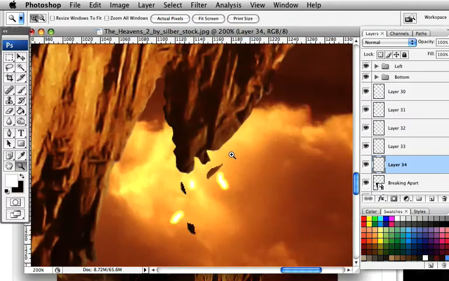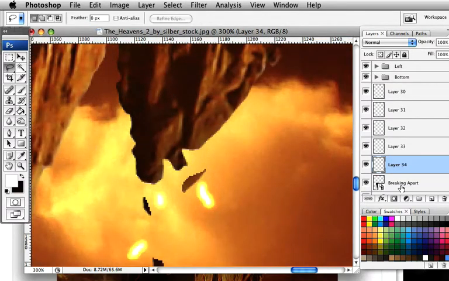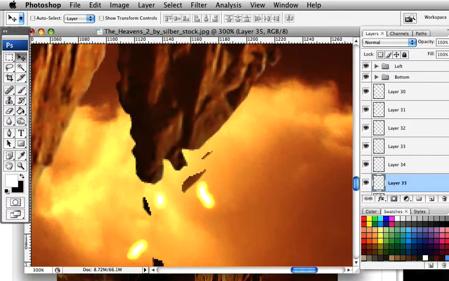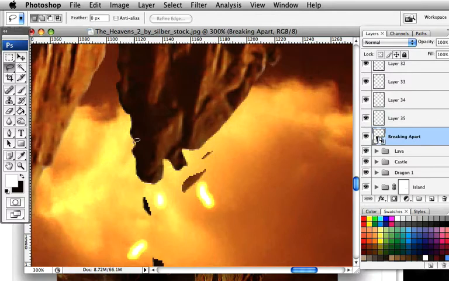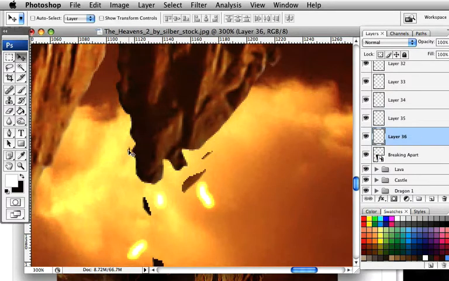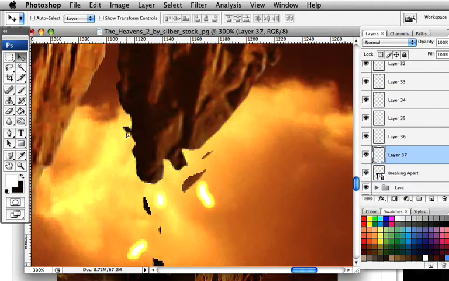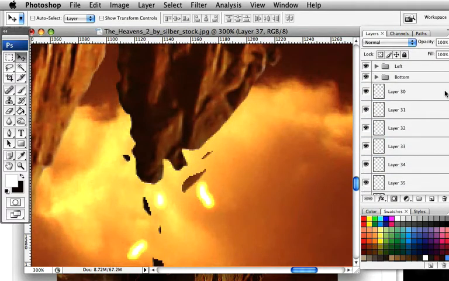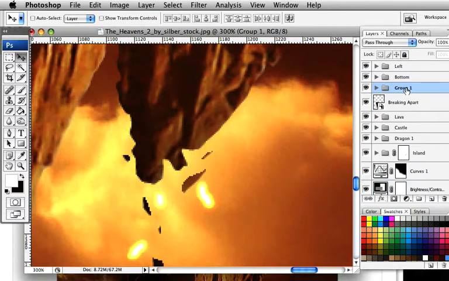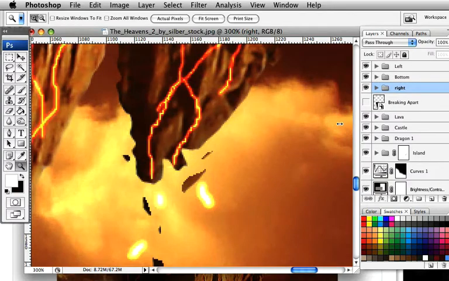Again, zoom in, and let's get some of these really small bits, because these are the bits that kind of link the two bigger bits, say, falling together. Okay, I'm going to group those together now, and we're going to call that right. Let's turn off this layer and zoom out,